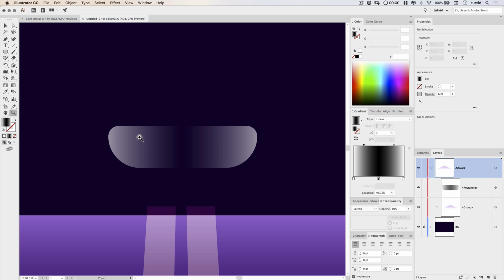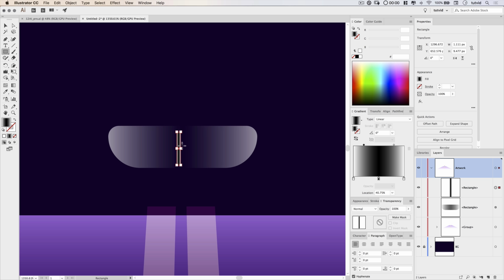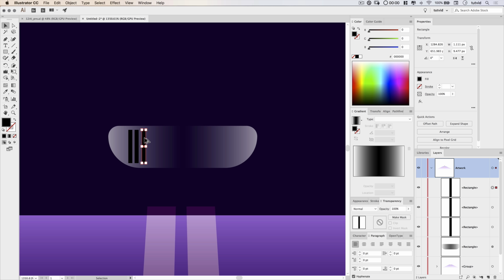Maybe I'll add actually some grill lines in here, and I'll do that just using a quick rectangle. So I'm going to drag out just a thin little rectangle there and fill this with a solid black. Something like that will work. I'm going to drag this shape over to, let's say, here, and then I'm just going to hold down Alt and the Shift key, that's Option and the Shift key on the Mac, and drag out a bunch of copies of this all the way across the face of the grill, just like this.